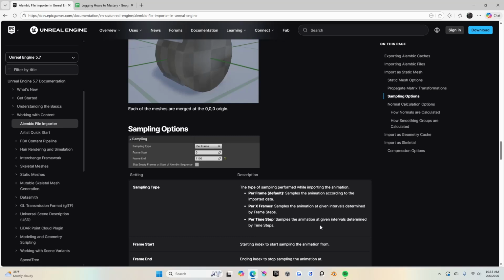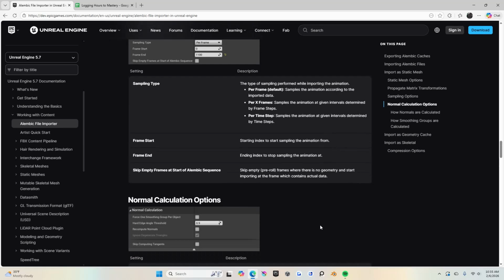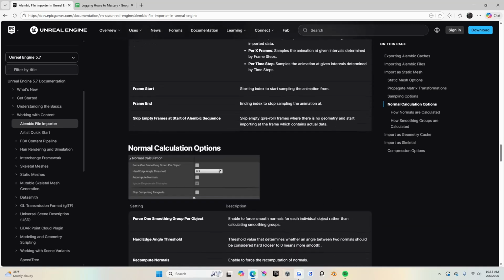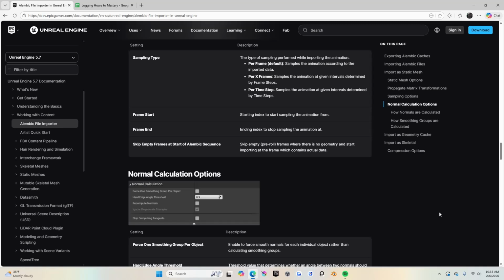Okay, hopefully that's louder. Per time step: samples the animation at given intervals determined by time steps. Frame start: the starting index to start sampling the animation from. Frame end: ending index to stop sampling the animation at. Skip empty frames at start of Alembic sequence: skip empty pre-roll frames where there is no geometry and start importing at the frame which